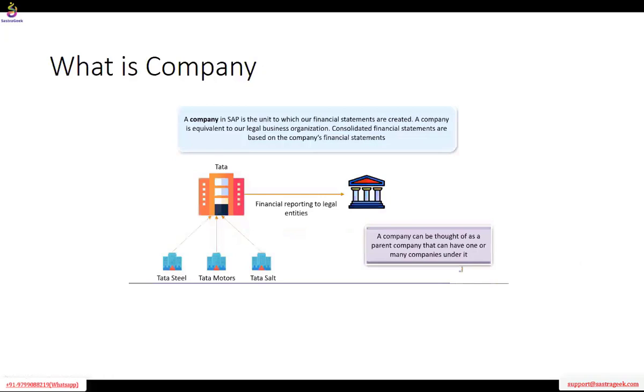So let us talk about, first of all, what is a company? A company is a unit, a unit in SAP. It can be a SAP unit, or it can be in normal terms. The company is a unit wherein we will prepare the financial reporting, and those financial statements will be reported to the legal entities such as government,